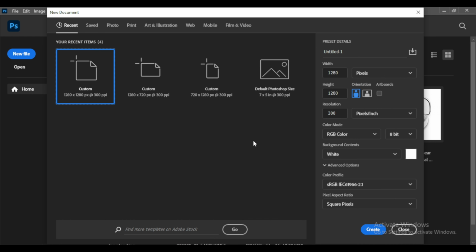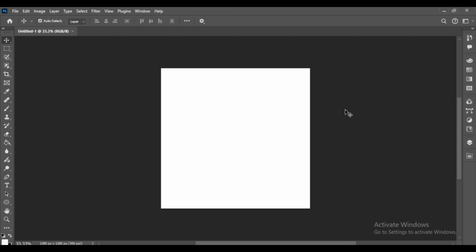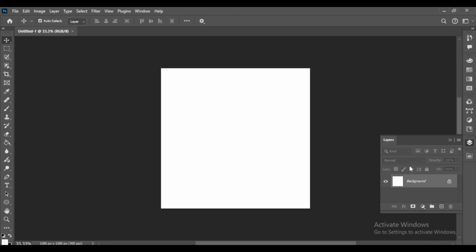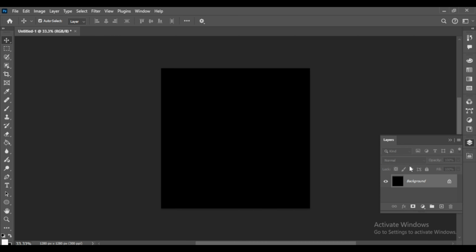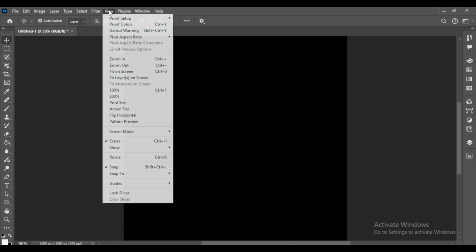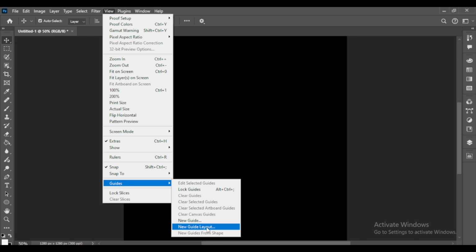We are going to make a flower design using Photoshop. First, create a new file, go to Layer and press Ctrl I for invert, making some guidelines. Go to View, Guides, and New Guide Layout,